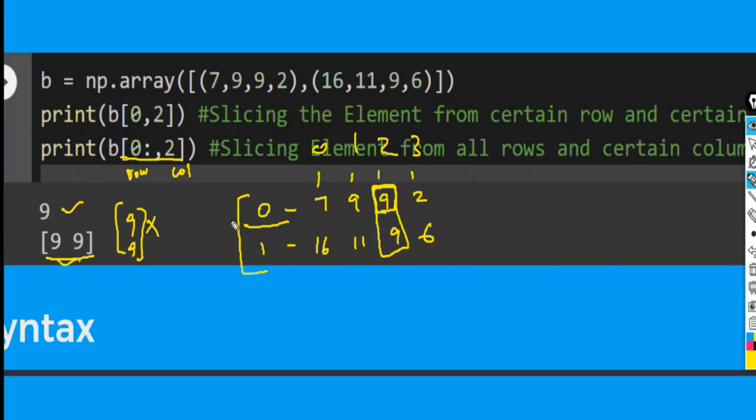Okay, then my next question will be, what if I give 0 colon comma 2, again I'm giving colon, and I'm closing the bracket? If I do like this, what will be my output? Okay, let us see the output. The same concept we have to apply here also. Here for the row I have given 0 and colon, so it is checking till the end of the rows, right? Similarly here I have given 2 colon, so it has to take till the end of the columns. So the output will be